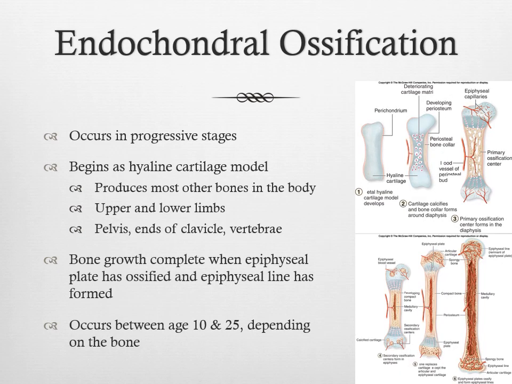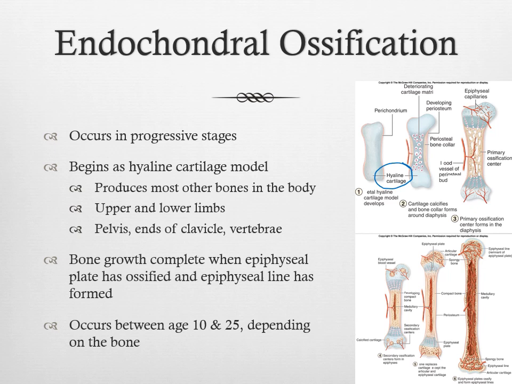Endochondral ossification has a kind of an intermediate step that occurs. And so we're going to go from mesenchyme to hyaline cartilage. And so we're going to generate a hyaline cartilage model of the bones themselves. It's kind of like making a scaffolding for all of the ossification to occur on. And so this process begins at about the same time in terms of development. And so this is going to produce essentially all the rest of the bones within the body, and primarily long